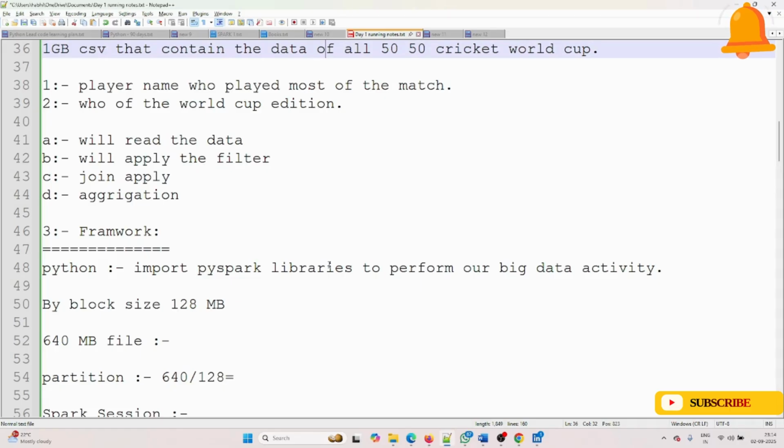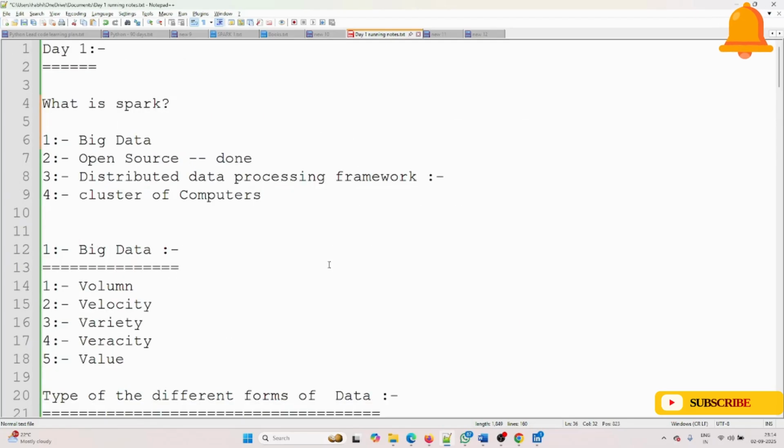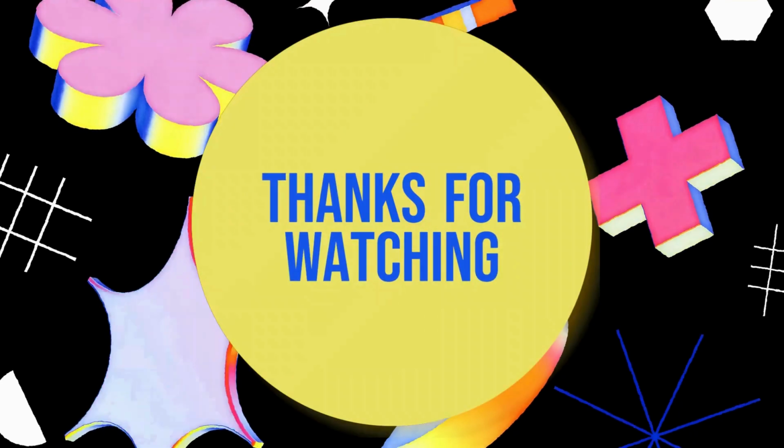In the same way, Spark is the coordinator, and here coordinator means principal. The principal assigns papers, that is partitions, to each teacher, meaning executors. The coordinator, the principal, is nothing but the driver in Spark. Teacher is nothing but the executor, and finally the scores are combined. So this is today's class lecture.